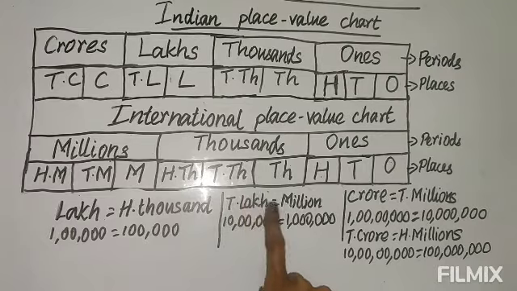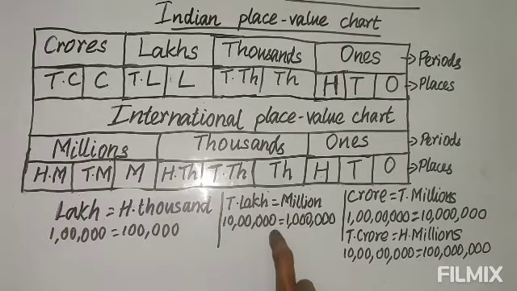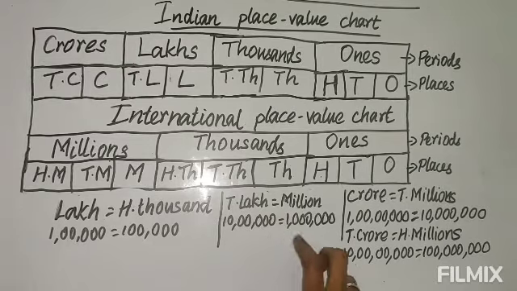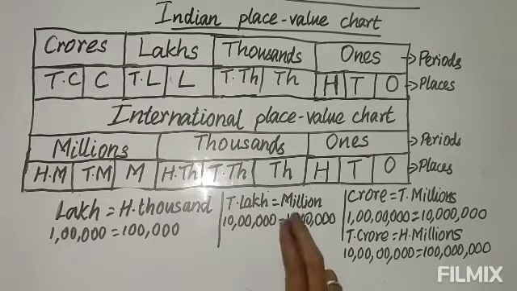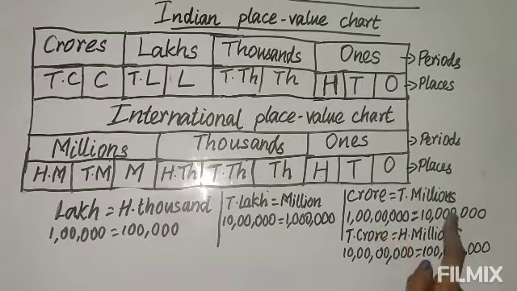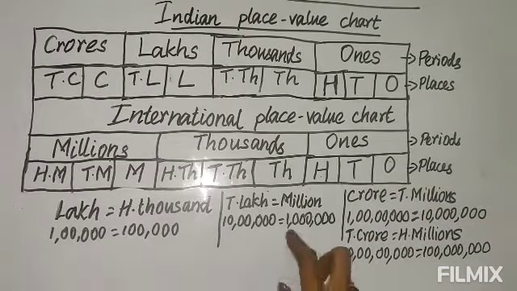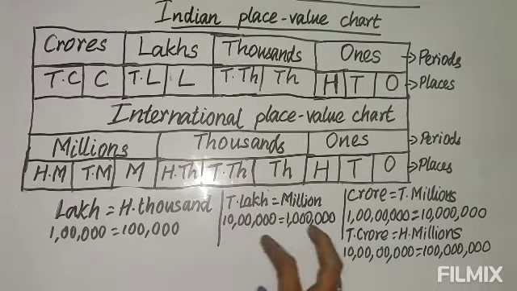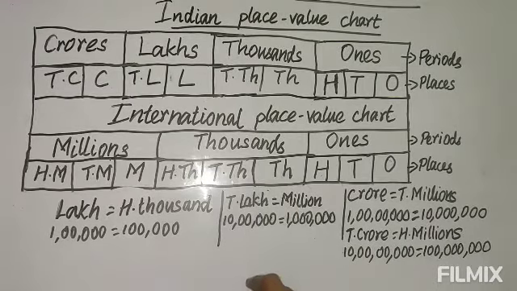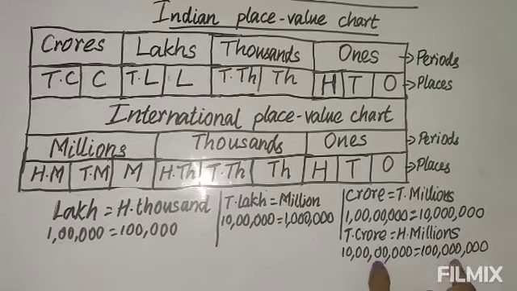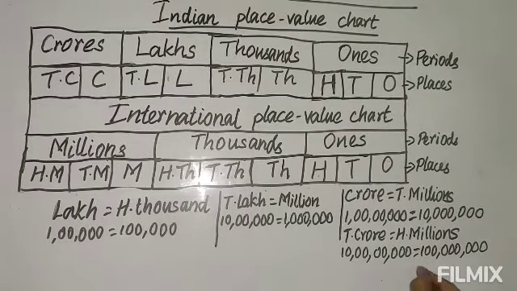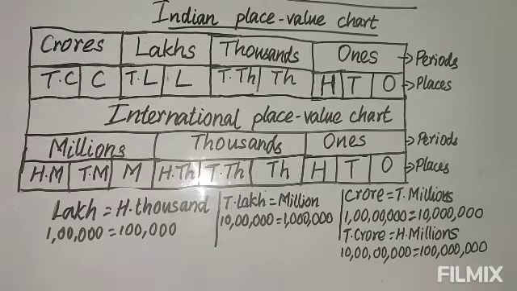So 10 lakh and million are the same. You can count the zeros and find the value is the same. Only the placing of the comma and the way of calling depend upon the place, in India or outside. Again, crore and 10 million are the same, and 10 crore and 100 million are the same. So you must know this. This can be asked in questions: which are equal, comparing the Indian and International Place Value Chart. To find how it is equal, just count the zeros. Both numbers of zeros will be equal, so both values are the same.